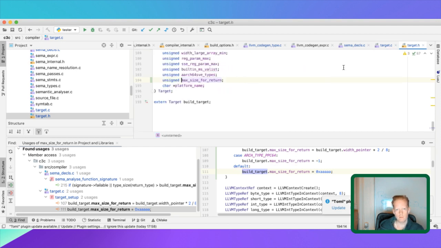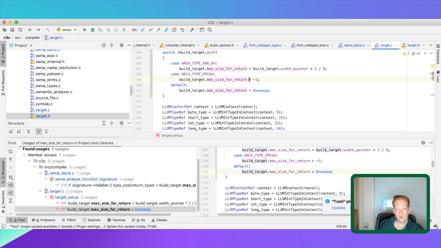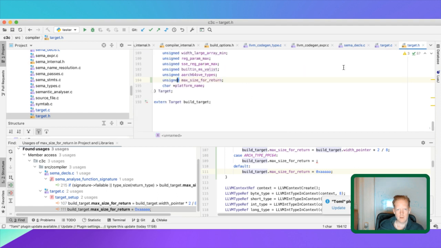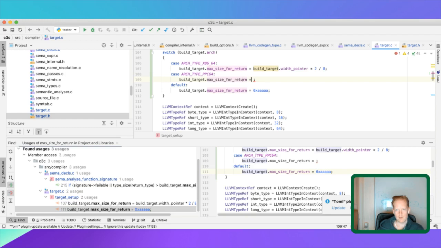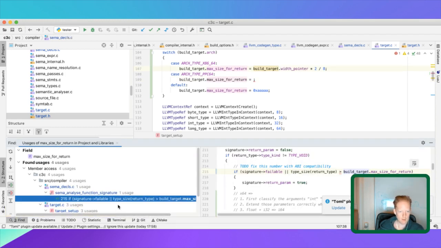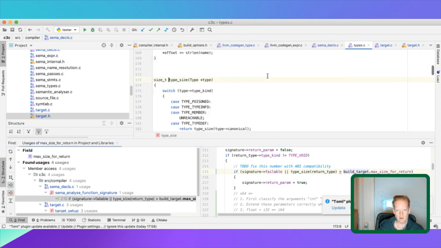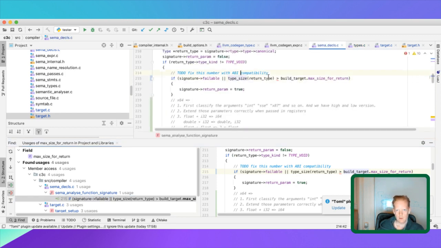-1 actually. And that's bad. So unsigned is a bad choice here. So we actually want to do that. But then we have to be careful when we do the comparison, right? Because the type size here. Yeah, so we have to,